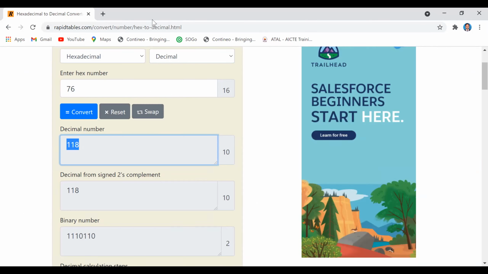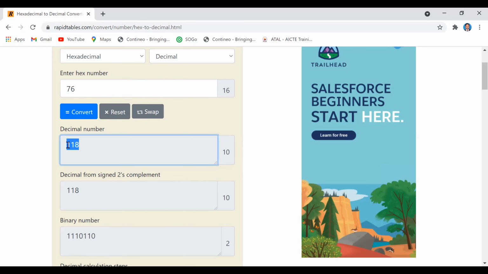Whether I have shared this internet resource, just check. See, this 76 is the hexadecimal value, and the equivalent decimal value is 118.